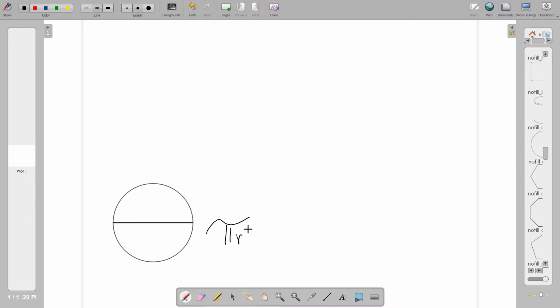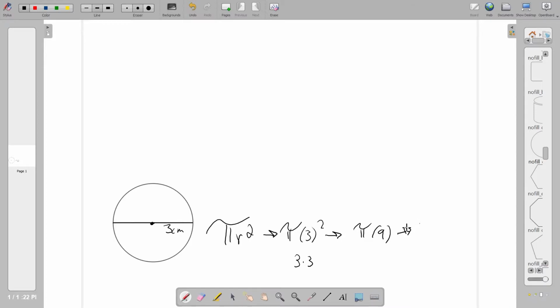The area was pi r squared, right? And the radius, right there. If this was 3 centimeters, then it would be pi times 3 squared, which would then be pi times 9, because squared means 3 times 3. And then pi times 9, we can use 3.14. Or if you're using a calculator, you can just hit the pi button and it will be more exact. But I'm okay if you use 3.14 times 9, and we get